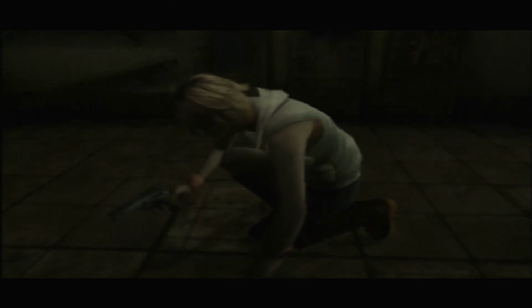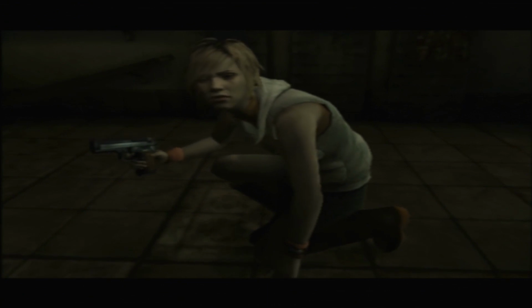Well, the shutter's down. That's not good. Admittedly, this might be the dumbest thing Heather's done, or does. Just sees a gun on the floor and picks it up. I mean, useful now, but I know if I saw a gun on the floor, my instinct wouldn't be just to go and pick it up. Maybe after seeing the horrific creature, but...